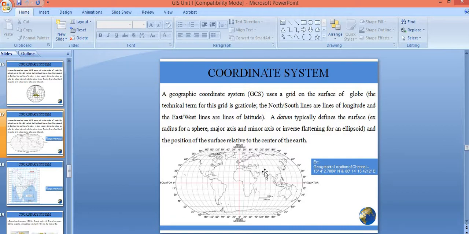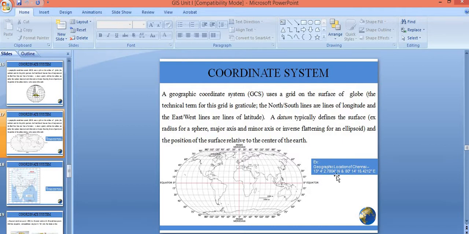the lines. The latitude refers to the reference line that is drawn parallel to the equator. Now this reference line is what is called latitude, and those reference lines which are drawn parallel to the prime meridian are what is called longitude. Okay, so this is latitude. The lines drawn parallel to the equator are referred to as latitude, and the lines drawn parallel to the prime meridian are what? Longitude. Okay, so this is latitude and longitude.